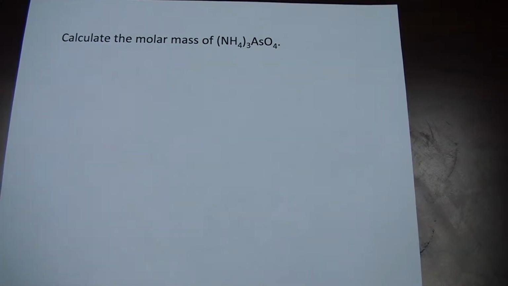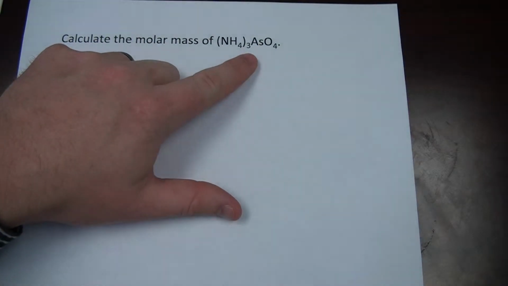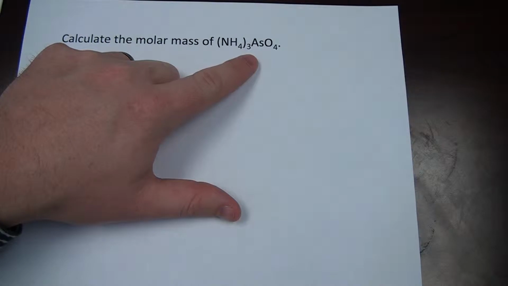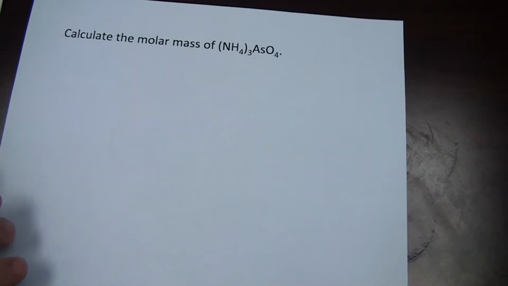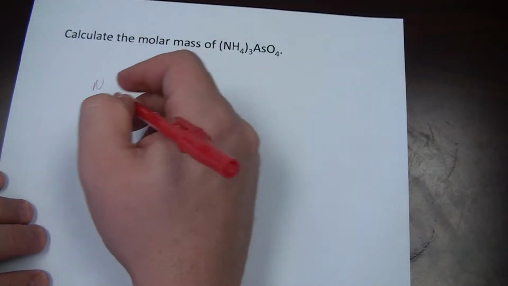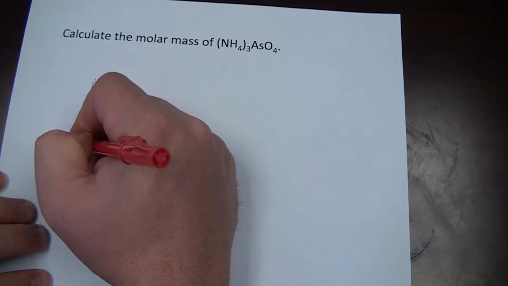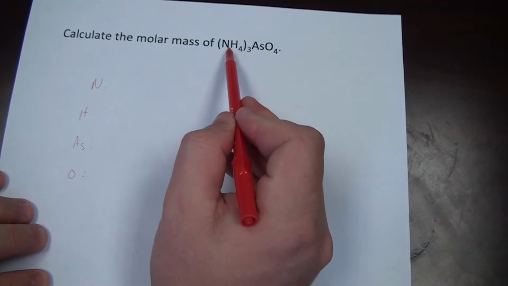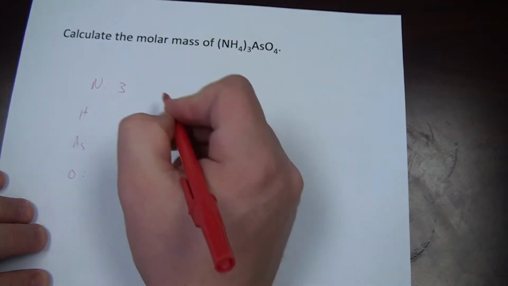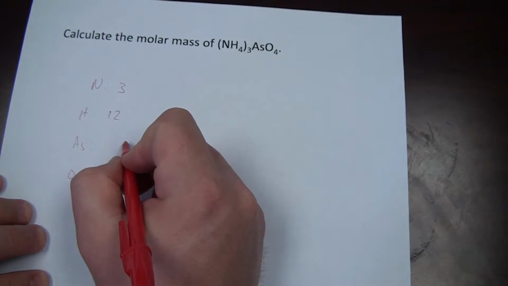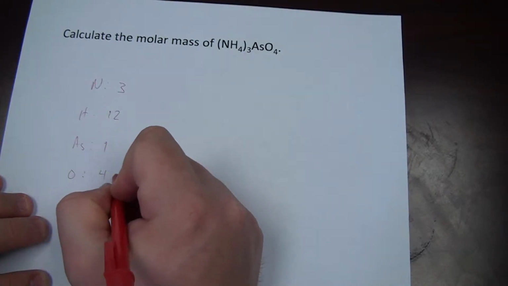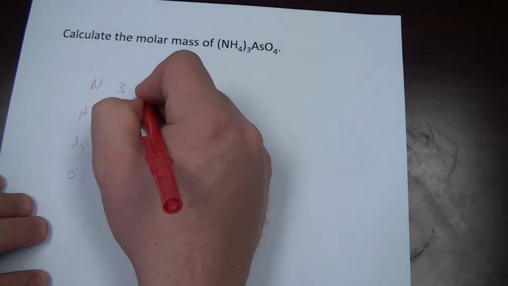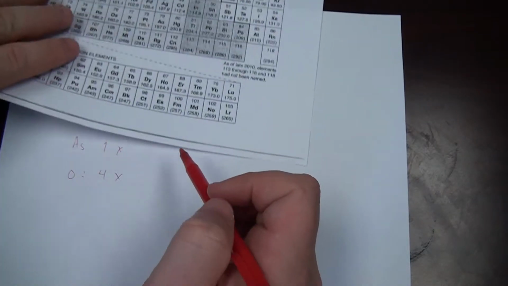Calculate the molar mass of ammonium arsenate, (NH4)3AsO4. We're going to do the same process again, figure out the atoms present: nitrogen, hydrogen, arsenic, oxygen. The total number now, there's 3 ammoniums, so that gives us 3 nitrogens, 12 hydrogens, 1 arsenic, and again 4 oxygens. Again, from the periodic table,